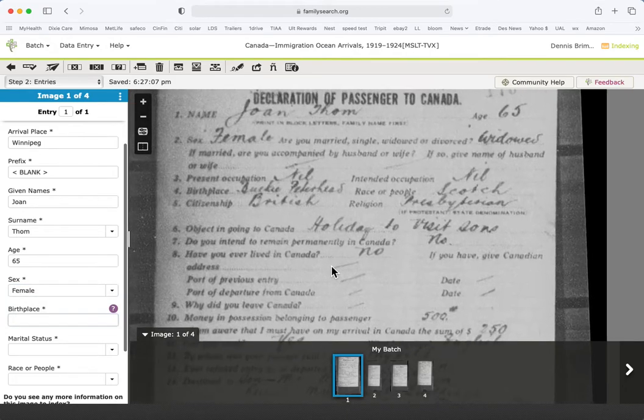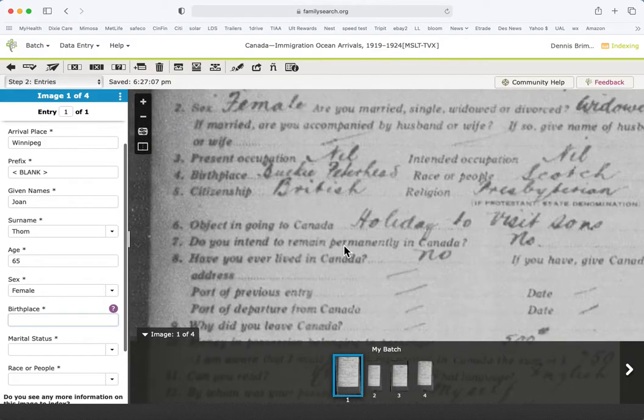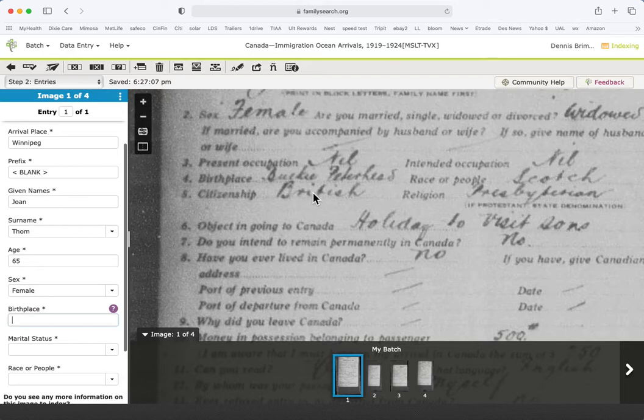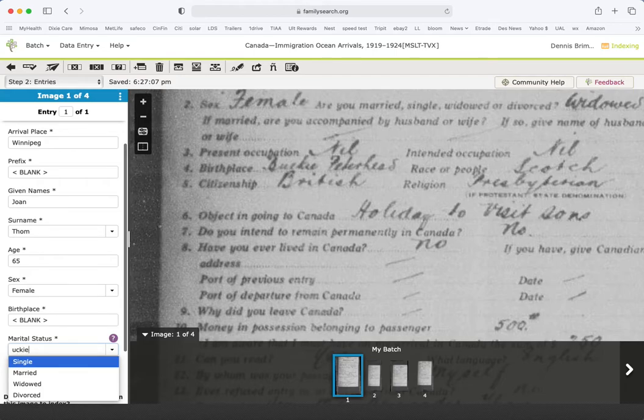Birthplace. Well, this one is always a little bit difficult because you have to read here. And this looks like you have to do your best here. I'm sorry, I slipped down one slot, birthplace. So I'm going to put B-U-C-K-I-E,